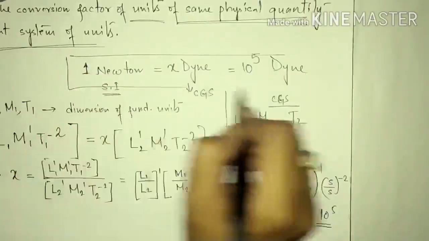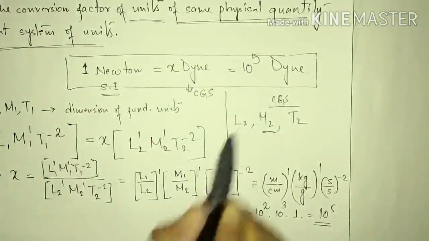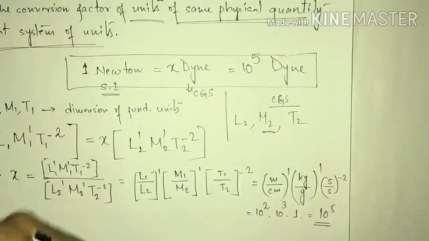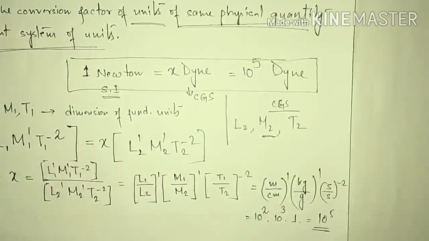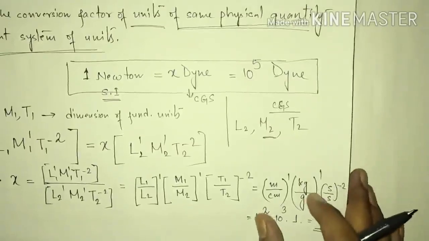So you see how the dimensional formula helps us to find the correct conversion factor of units of the same physical quantity. Here the quantity was force. So the dimensional formula helps us to find the correct conversion factor of units of the same physical quantity in different systems of units. This is one of the biggest advantages of dimensional analysis. Now let us see, last but not the least, one more advantage of doing dimensional analysis. Dimensional formula helps to establish